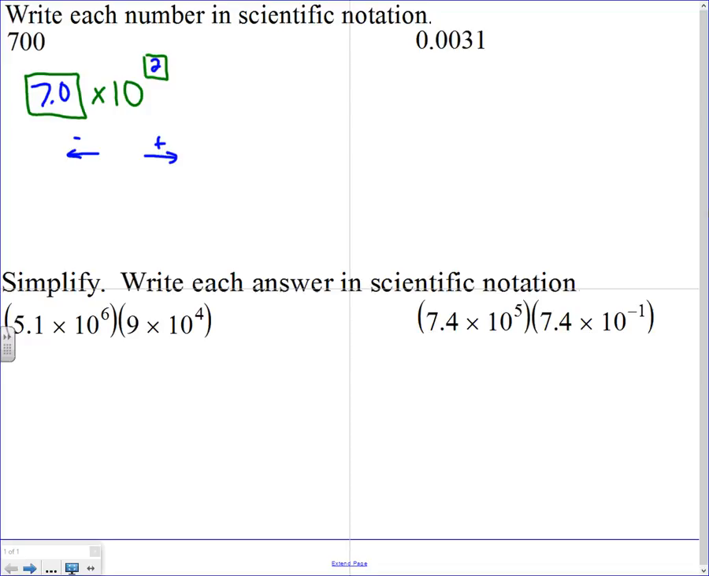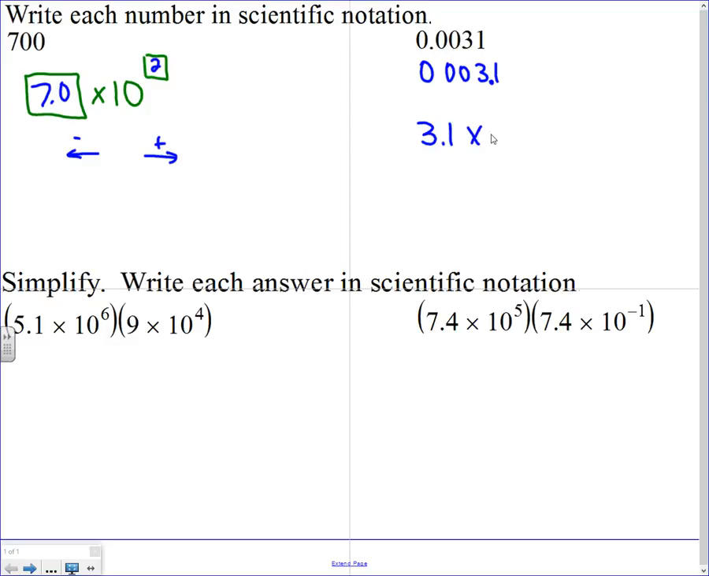Okay. Over here is the same problem. The decimal is right here. And remember, I need the number to be between 1 and 10. So I have to move the decimal. If I move it right here, it's not between 1 and 10. If I move it right here, it's not between 1 and 10. If I move it right here, it will be between 1 and 10. So the answer will be 3.1